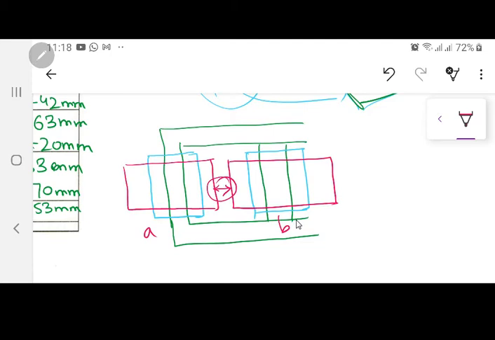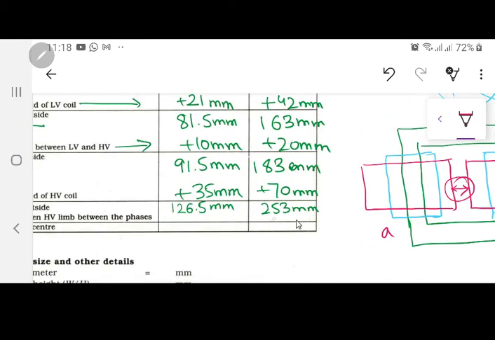Why? The only reason is this: if you reduce it, after a passage of time, maybe the transformer has been working for 4, 5 or 6 years, the oil becomes a little conductive. So when the two windings are energized, the oil can conduct or start having some partial discharge or leakage current, and a time will come when the two windings will have a short circuit between them. Okay? So I am going to keep this distance equal to plus 13 mm. Now this is going to be added only on the diameter side.